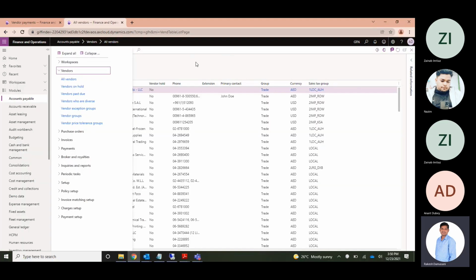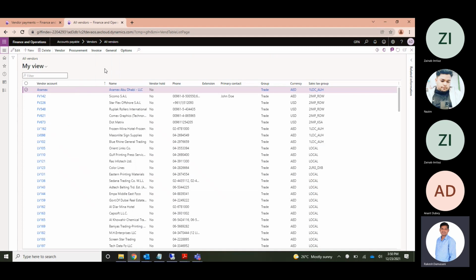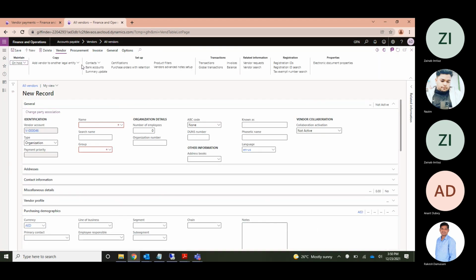What do you mean by data sources? Means suppose if this is a form and we want to store, we will be creating some data here. So for creating, suppose if we are creating some data, vendor 01, vendor group, it is local.